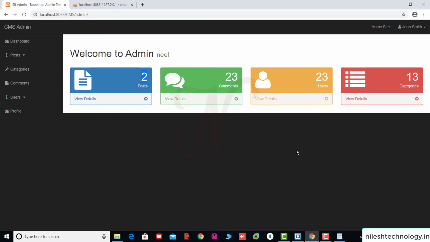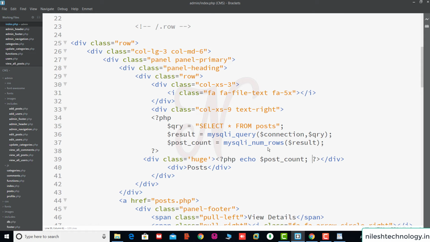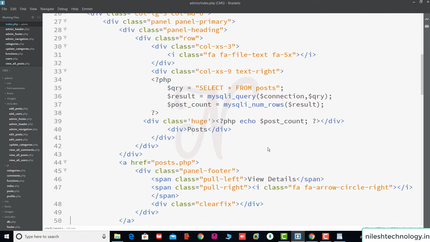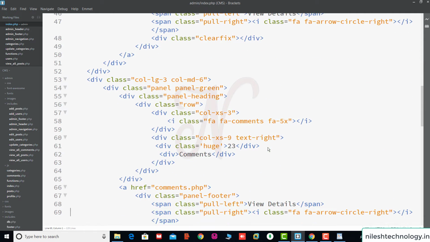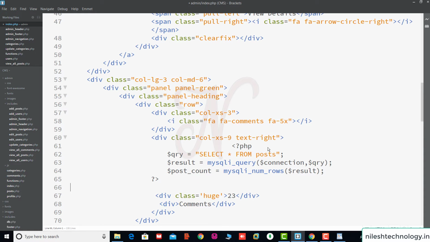Now we similarly copy and paste this code for the other items and change the table name. We copy the script, this one, and go below this code. Next is the 23 for comments.